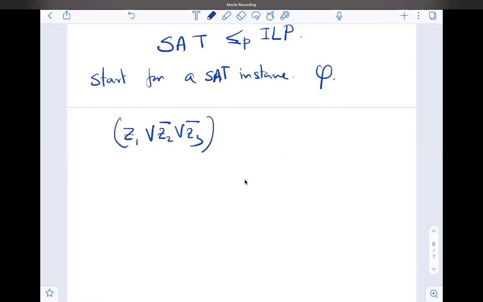So I guess we can just write Z1 union Z1 union Z1, then intersection with Z2 Z2 Z2, intersection with Z3 Z3 Z3, then that thing might work. I didn't follow you at all. What is the intersection that you're talking about? I mean Z1 union Z1 union Z. I'm saying if this is the clause, this is the formula. Okay, how would you write the ILP for this formula? What are the inequalities for this formula?